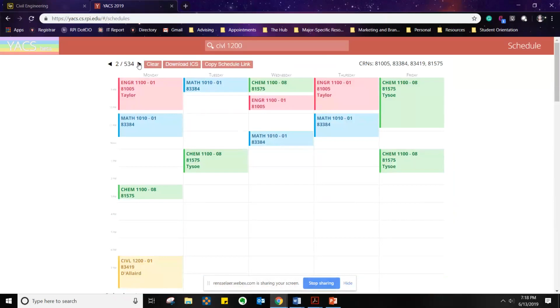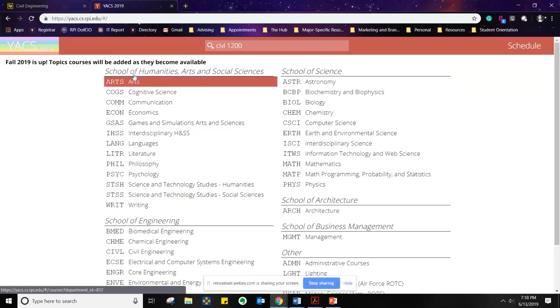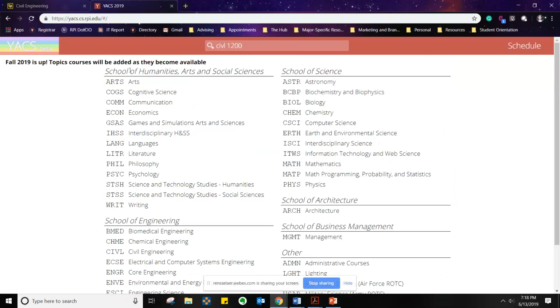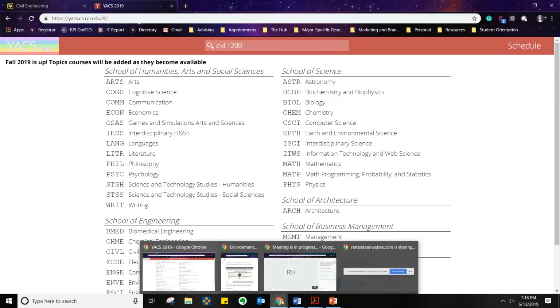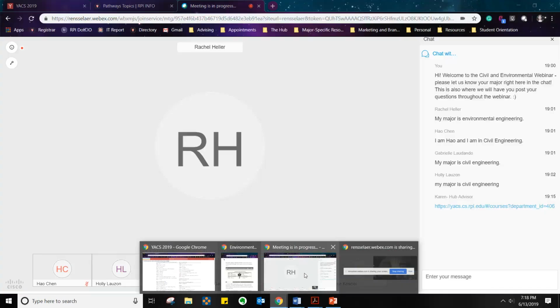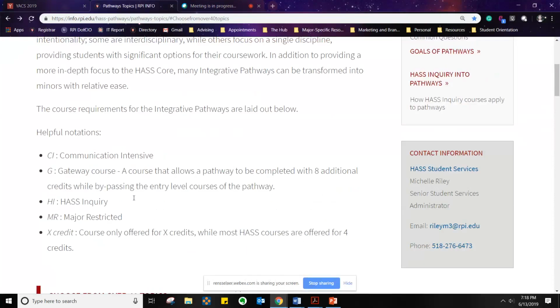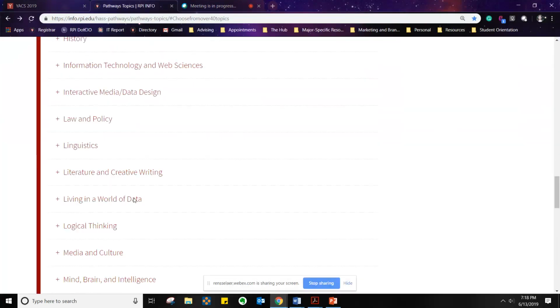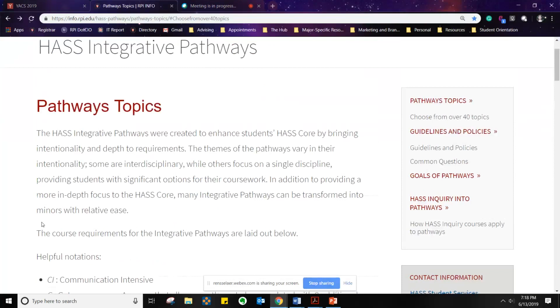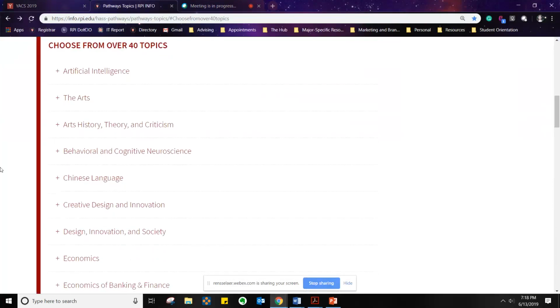Okay, and as promised, I'm going to go back to our Haas courses, right? So this is Haas. These are all the sections and the areas that you can select from. But a big part of your Haas requirement is called the Haas Pathways, which Karen is about to post a link for, and I'm going to go there myself. I just have to remember where I put it. Here is where I put it. Okay. So the pathways topics are here. If you scroll down, you're going to see a ton of options. So I believe there's over 40 pathways that you can choose from, depending upon your interests.